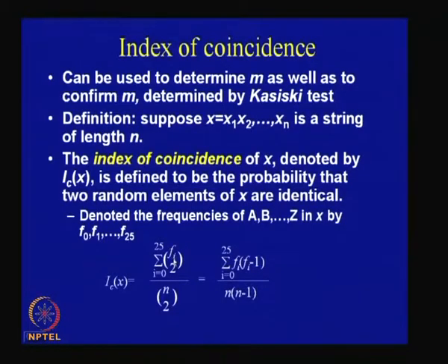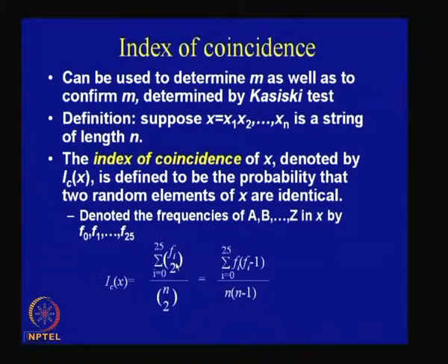If we assume that the frequency of occurrence of a is denoted by f0, then how many ways can you choose both times A? If the first time you have chosen among these f0 occurrences, then in the second case it can be the remaining f0 minus 1 cases, because the first one you have already chosen. So if you make a sigma over this,